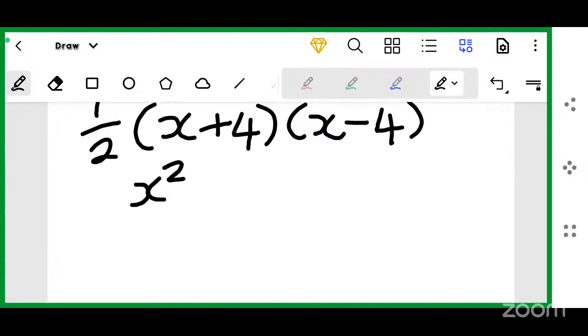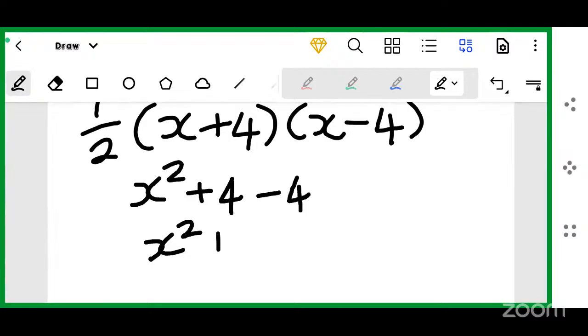And then plus 4, minus 4. Okay. And then that equals x to the power of 2